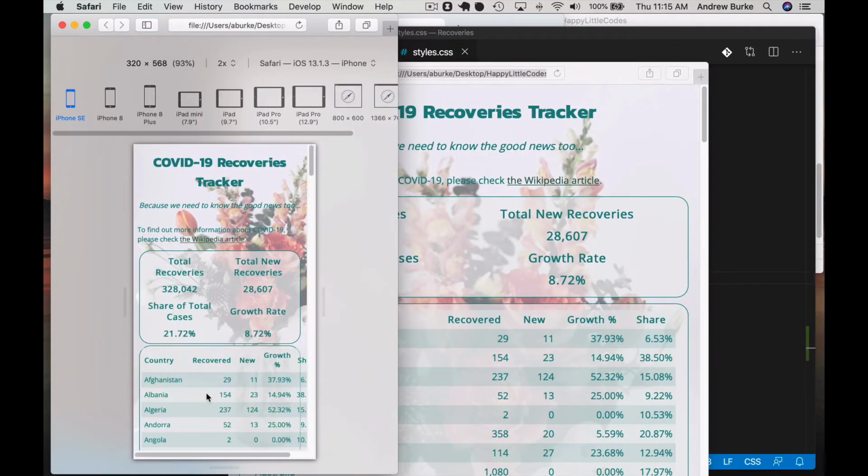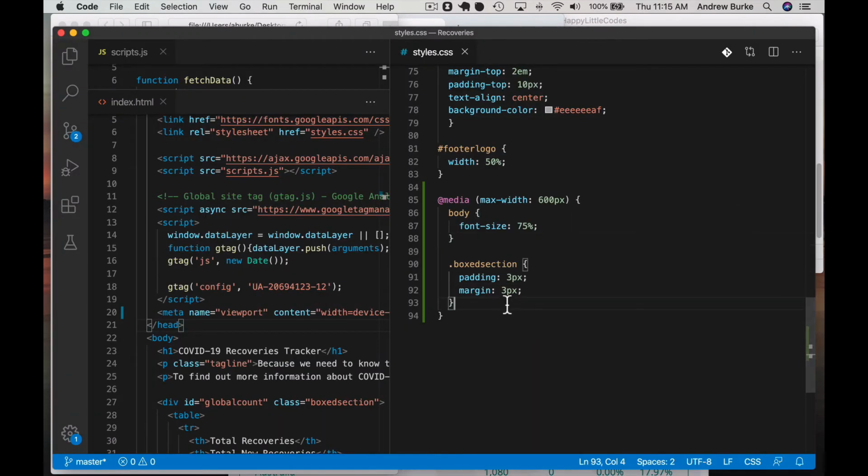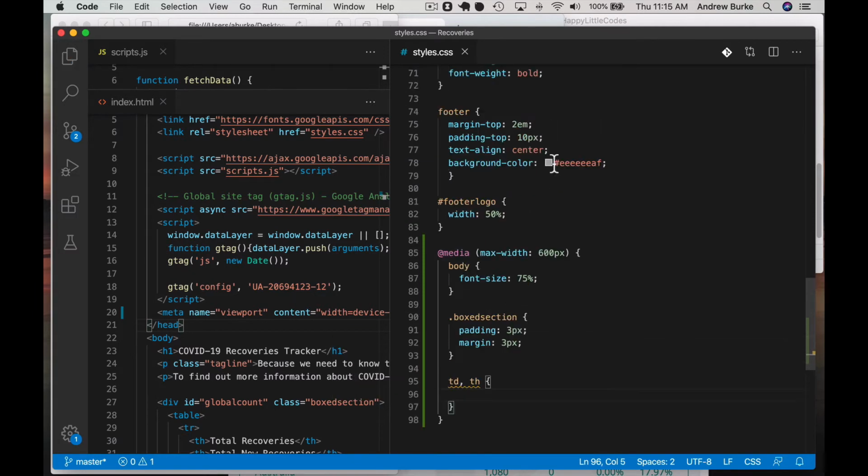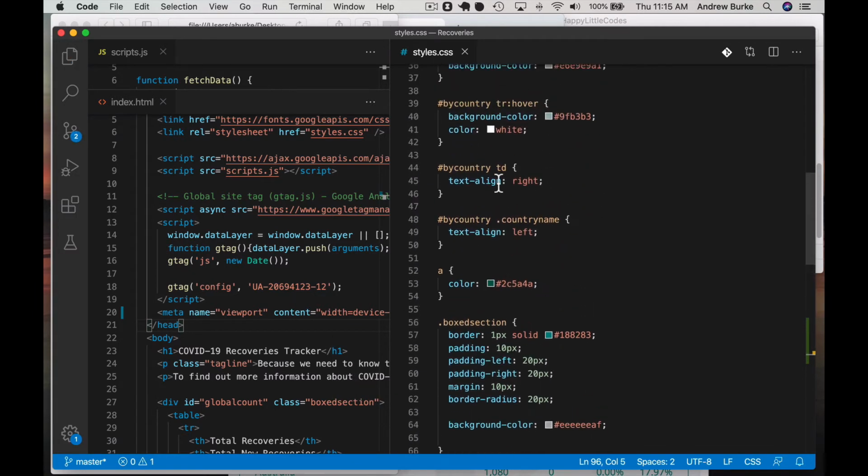Okay, things fitting a bit tighter. So that's already getting a bit better. But the real action is down here in the table. And we can do that with TD and TH, just like we had up here. And you can see our TD and TH